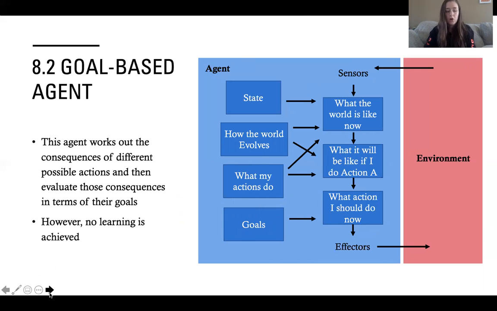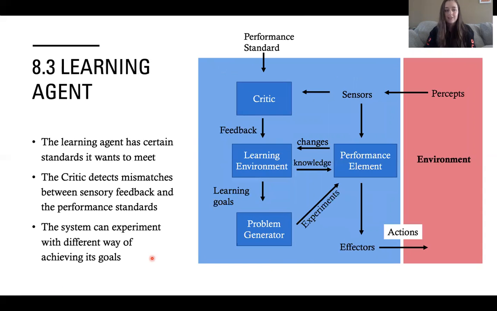And that brings us to our last system, the learning agent. So the learning agent has certain standards that it wants to meet up here, known as the performance standard. So just like the other two agents, there is perception from the environment, and the perception from the environment and this performance standard made by the creators both feed into what is known as the critic. And the critic detects mismatches between this sensory feedback and the performance standard, and then relays additional feedback to the